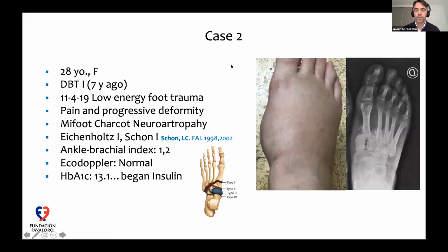Perfect. John, what's your opinion? Have you done surgeries at this stage? Yeah, great point, Javier, to talk about this medically. This really is primarily a medical concern first, because if you don't address the medicine of this, then you're just going to be chasing yourself and having complication after complication. But I would say yes, we do